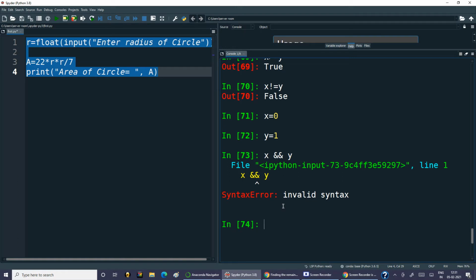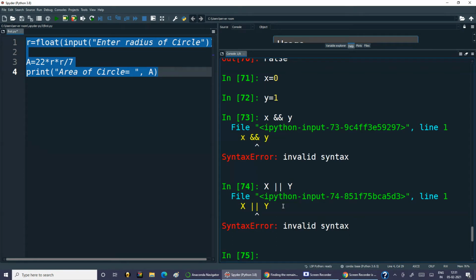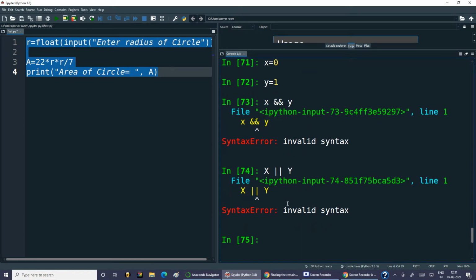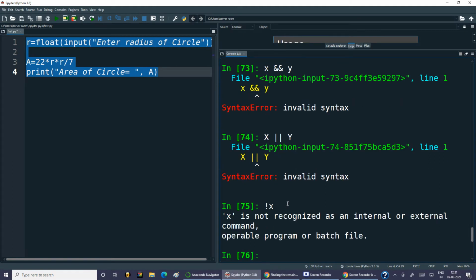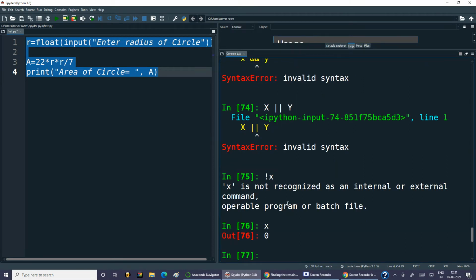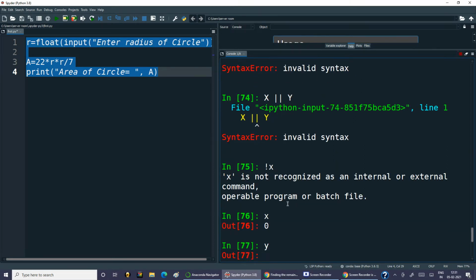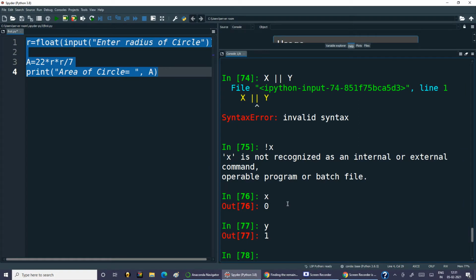This is a C programming concept. Similarly for or, if I write x or y, then what will happen? This is invalid syntax. And in C programming we use not. So if I write not x, then this is also not recognized. So we have assigned x a value 0 and y as 1. Now let us see how to use and.